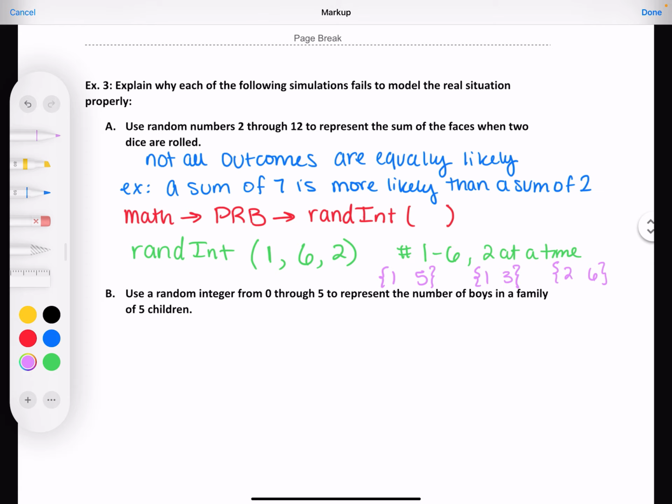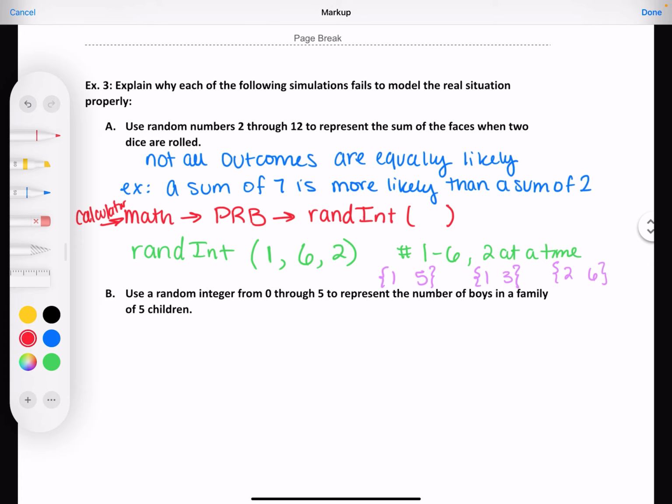Now, if I said how many times does the number 2 come up on a dice, that would be different. Because then in that case, we would change this number 2 here to a 1. You have the options 1 through 6 taken one at a time, and you just keep hitting it until you've done 20 trials, and then you see how many of each number you got. So it's pretty cool how that works. Okay, but this is the calculator function that you need for that. So just be aware there.